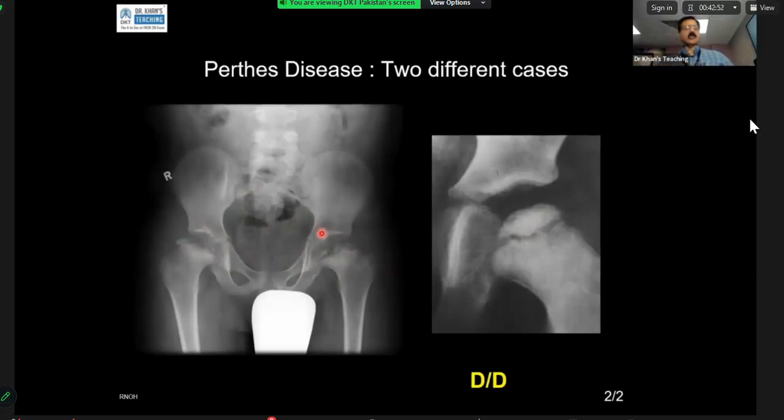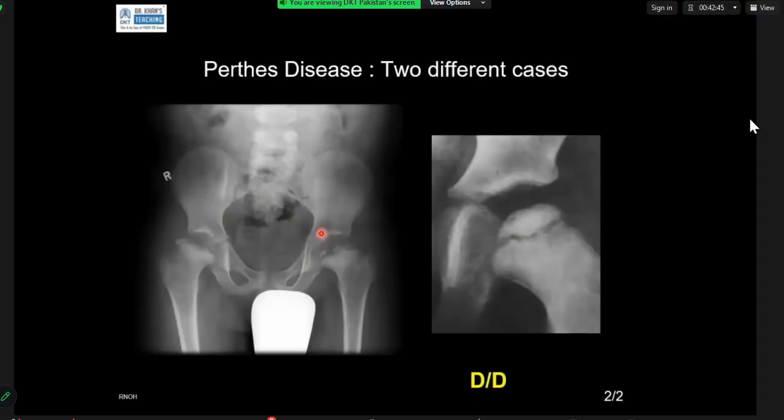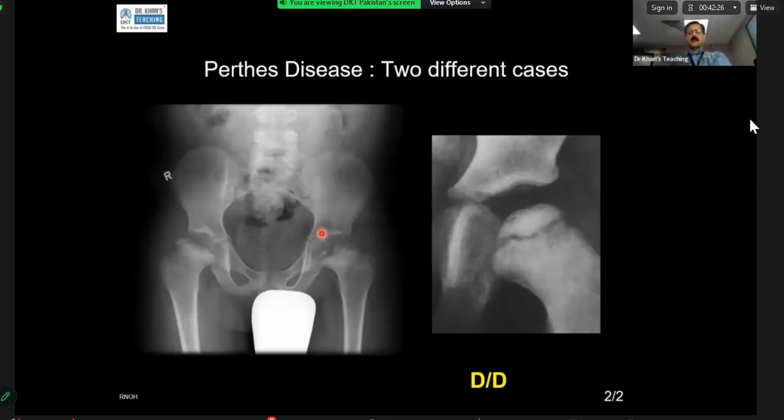One differential, of course, can be bilateral Perthes. What else is your differential? So this could be neglected slipped femoral epiphysis, and so infection. Which chronic infection? Which infection? So septic arthritis, and